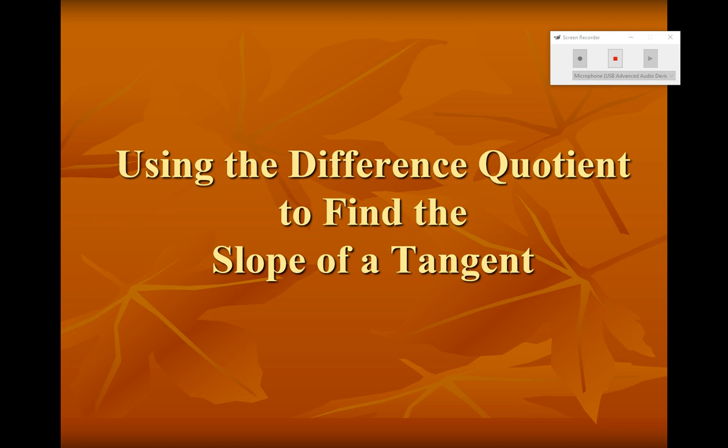Using the difference quotient to find the slope of a tangent. Titles like this are hilarious to math teachers because the title should be the last slide, not the first slide. You see a title like this, like, what? What's going on? Not all math titles are like that, but today it is, okay? And to really get context for what's about to happen here,